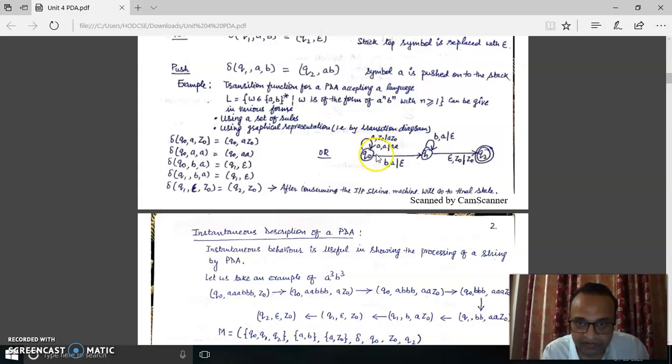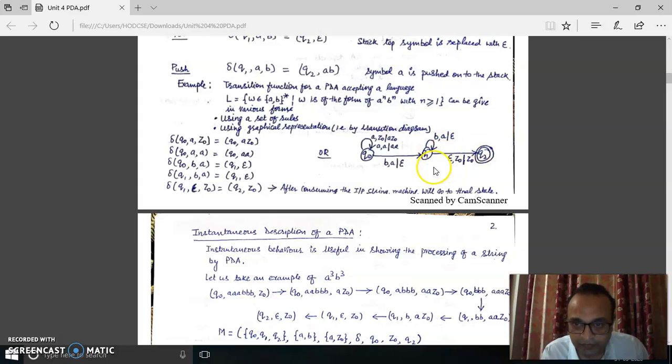So here, once B is there, we are shifting to another state, that is the Q1 state. Now we are on the Q1 state. Again some B appears, so it ensures that there must be an A symbol on the top of the stack. So A must be there, and what we are doing is remaining on the same state and popping the A element from the stack.